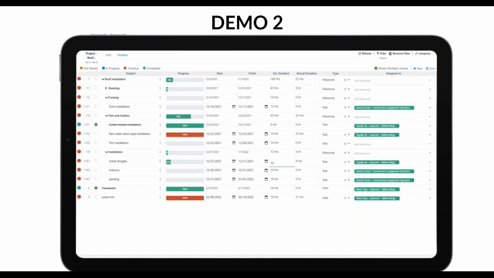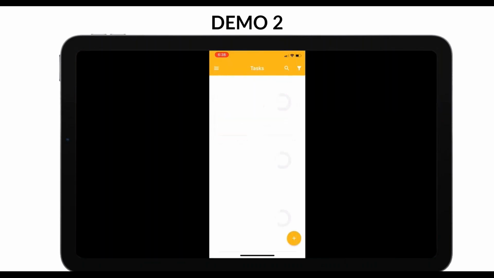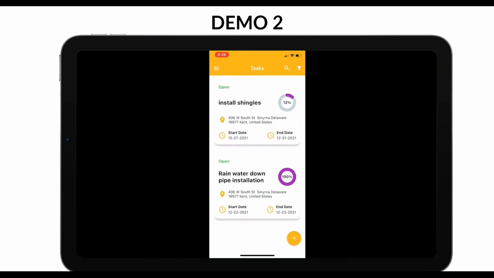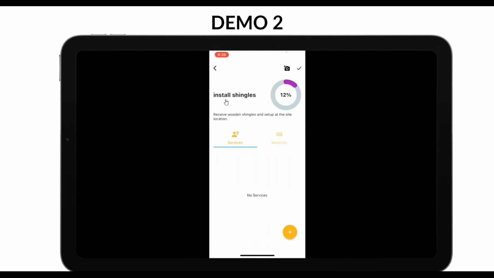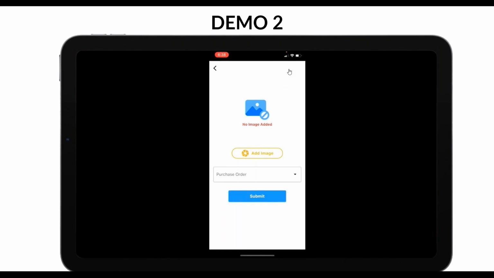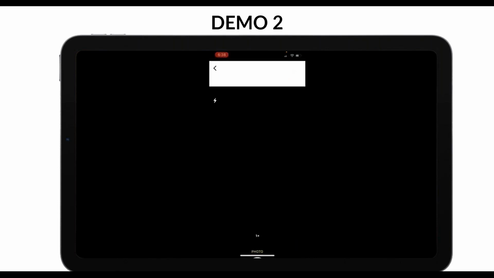So what I want to showcase to you is, in real time, what's the experience for Tayyab on the field when you start working on installing shingles, and what is it like? So this is our mobile app that the field person would be using. You see it shows install shingles as a task. I click on that, and the first thing that a lot of you ask for is you have this nice camera icon on the top. I can click on that and I can take as many pictures.